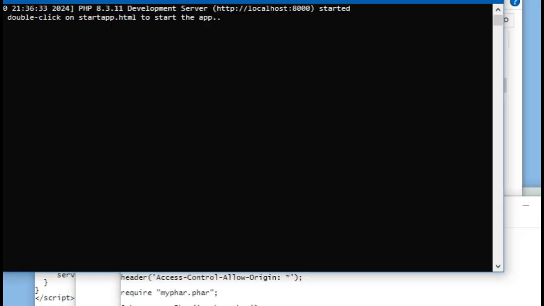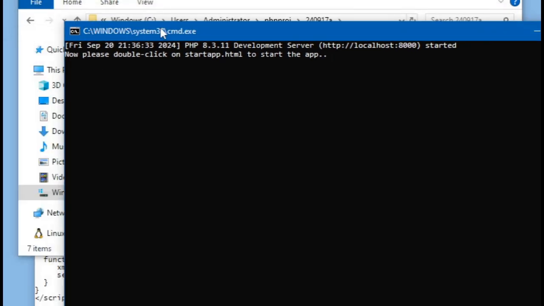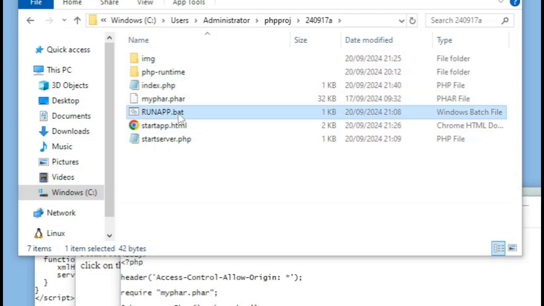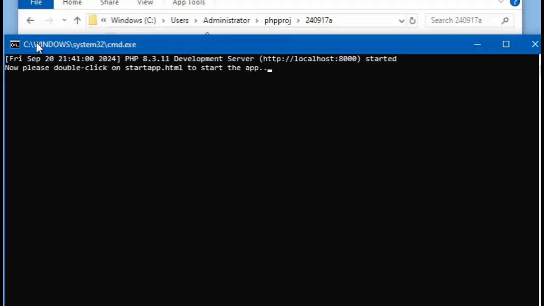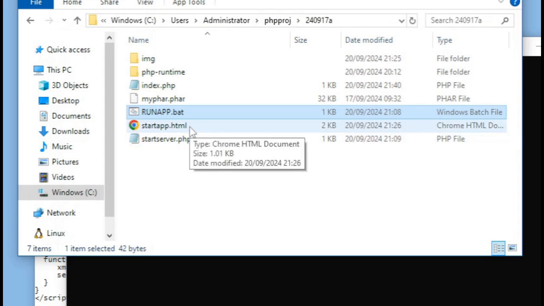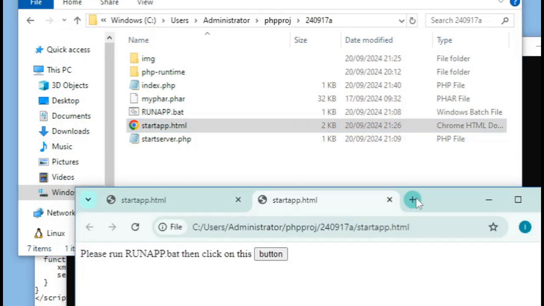Now if we restart the local web server by closing this window and clicking on run app.bat again, and then click on the start app.html like that,